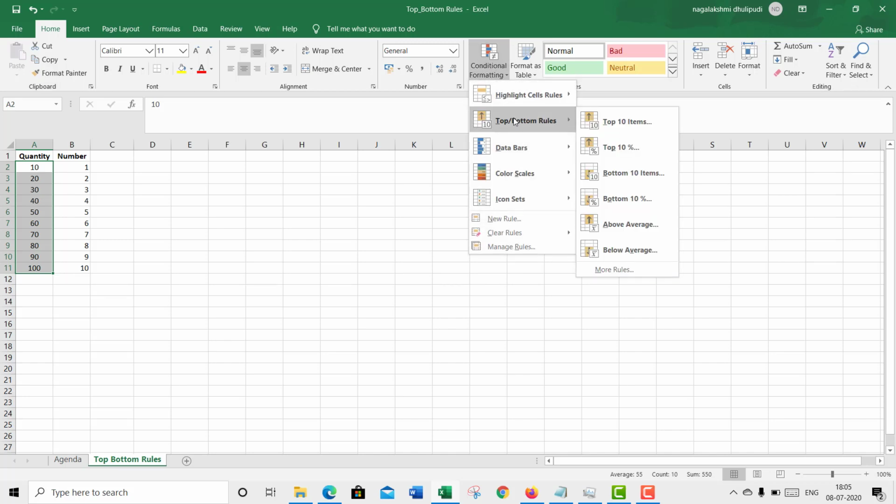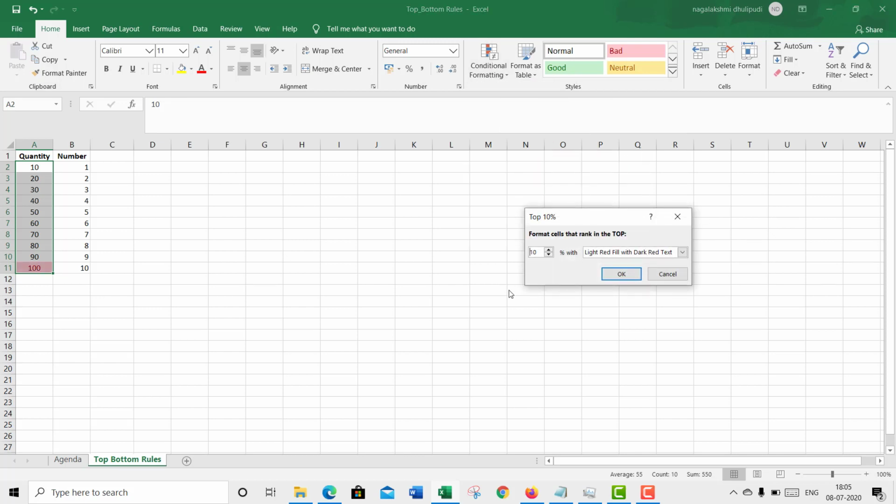Top 10 percentage is nothing but only one item from the entire list is the top one. For that reason only one item is highlighted. If I keep on changing the number here, formatting will be applied automatically. I will change it to 20%.